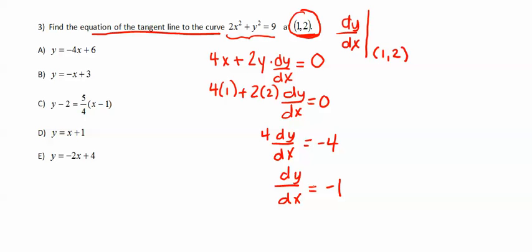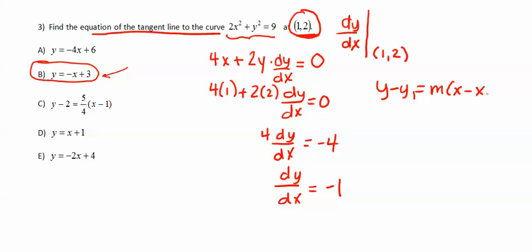Now, we could go straight over to the answers and see that the only equation that has -1 as a slope is B. So that's really nice in this case. But if we have choices where more than one has -1 as a slope, then you're probably going to want to go ahead and finish the problem, which is using y minus y1 equals the slope times x